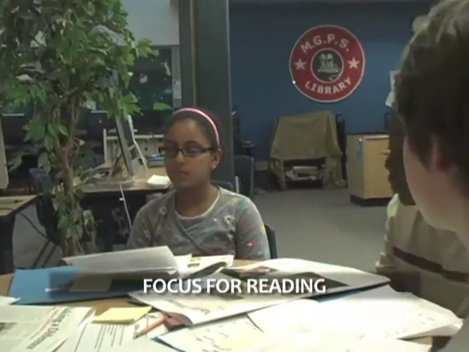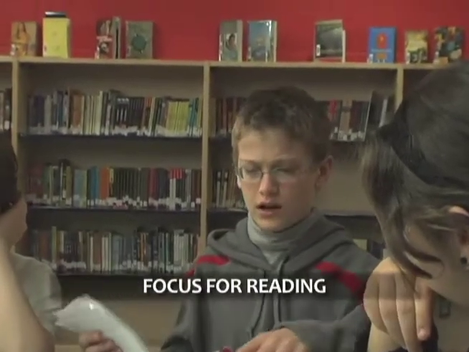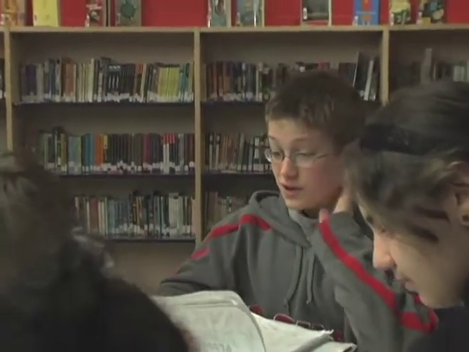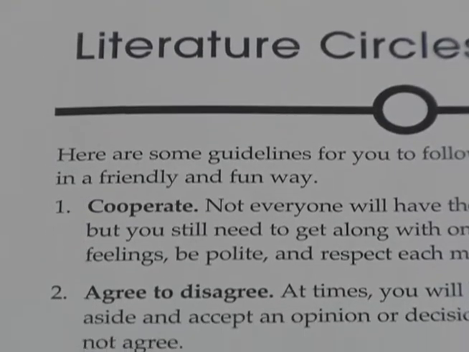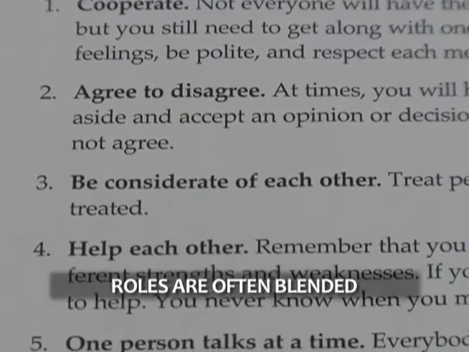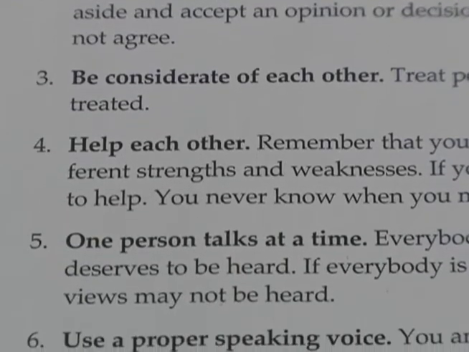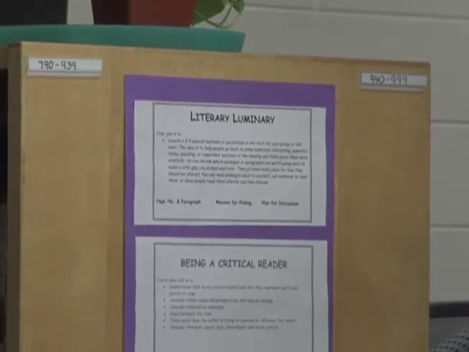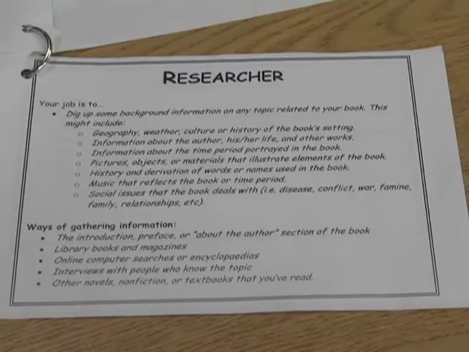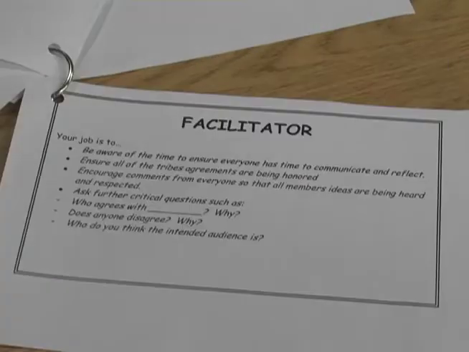Each member of the literature circle has a focus for reading, and they will then share with the group. During the discussion, students are not limited to speak only about their area of focus. For instance, if the student chooses to be the questioner, he or she is encouraged to also engage in conversations about vocabulary, connections, and reflective thoughts. Students have ample opportunities to experience various roles, and this encourages them to look at their reading through different lenses, thereby deepening their understanding of the text.